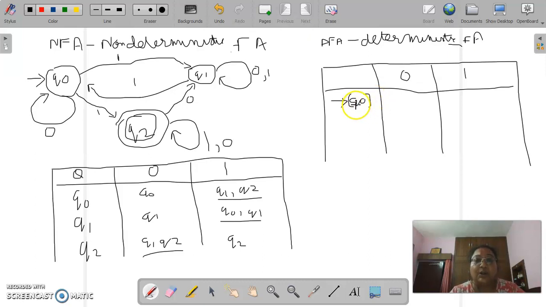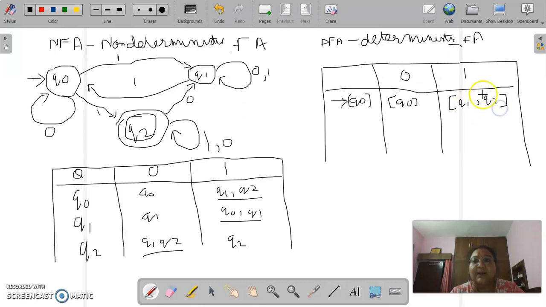Now Q0 for an input of 0 remains in Q0, so we will write Q0 here, and for an input of 1 it goes to Q1, Q2. This we can read from the transition table also. So now we will put that Q1, Q2 into a power set.